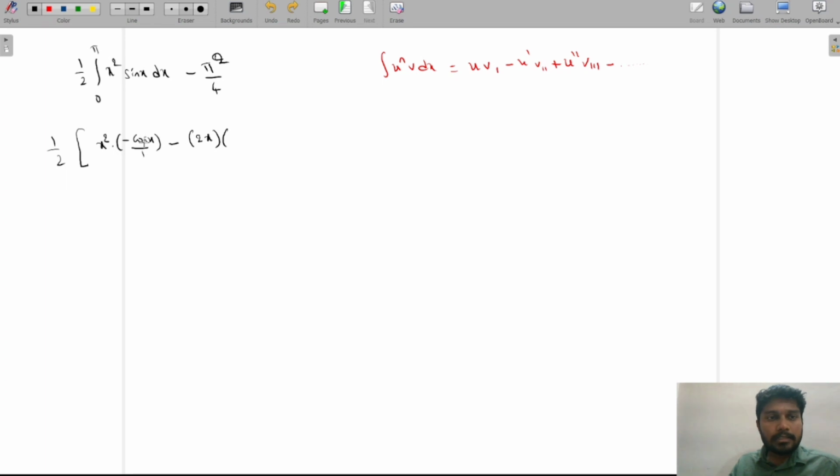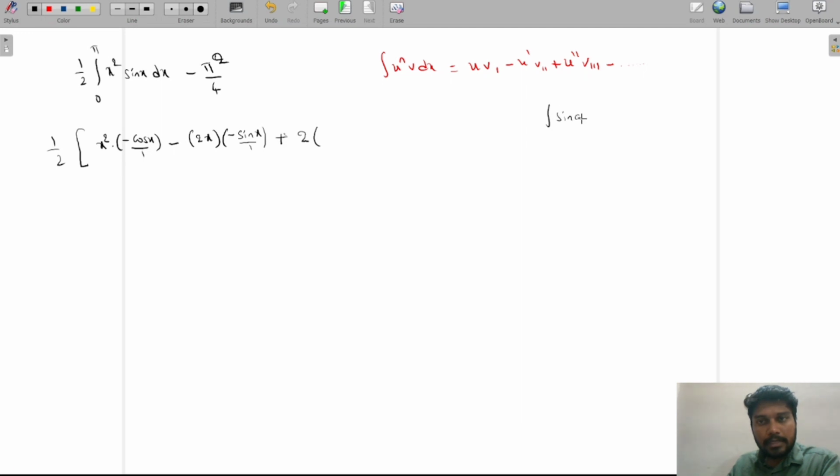One time integration is minus cos x, right? If I'm doing the next integration, it is also minus constant, cos x integration becomes sin x by 1. Okay, next plus u 2 times differentiation. One time differentiation value is 2x, second time differentiation value is 2 because x is 1, 2 is constant, into, right, see,